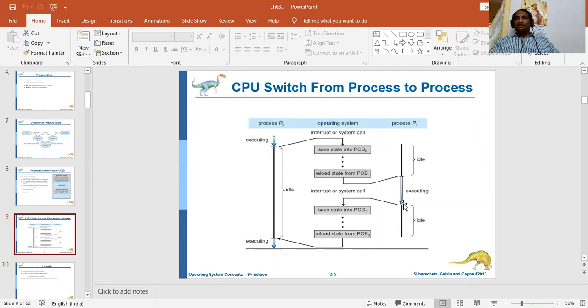Once I have ended the phone call, the control will be given back to Zoom. So the phone will be idle and Zoom will be active. The result is that it switches from one process to another process.